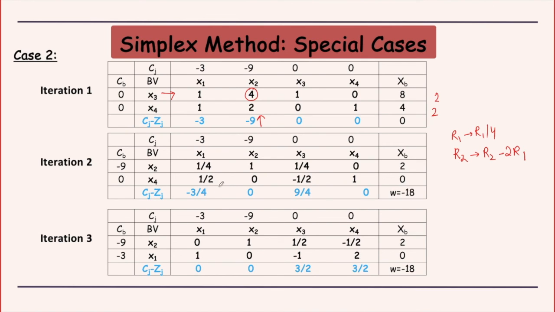in the second table this would enter. Now here if I see the ratios, the first ratio is 2 by 1 by 4, that is 8. Okay, and the second ratio is 0 by half, which is 0. So obviously this one is the minimum, so this one would leave. Now what operations: I have to create a 1 here and a 0 in this place. So my steps would be, R2 is twice R2, and R1 would be R1 minus 1 by 4 times R2. Once I have made a 0, then I do this 1 by 4 times R2. So then I will have this.